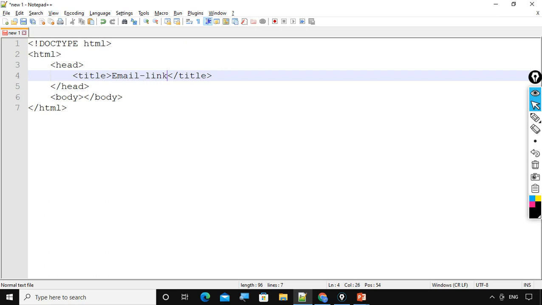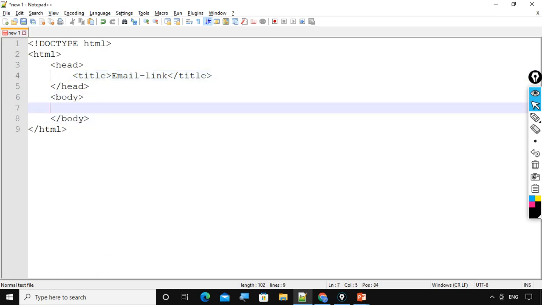Now in the body section we can create our hyperlink with the help of the anchor tag, opening anchor tag and closing anchor tag. In the anchor tag we have one mandatory attribute, which is href, and here we can write the descriptor. What is a descriptor? Descriptor is nothing but the name of the link. Email us colon, this is the name of the link.